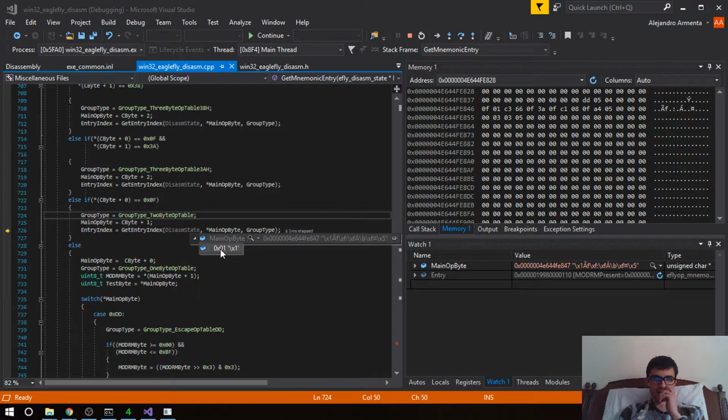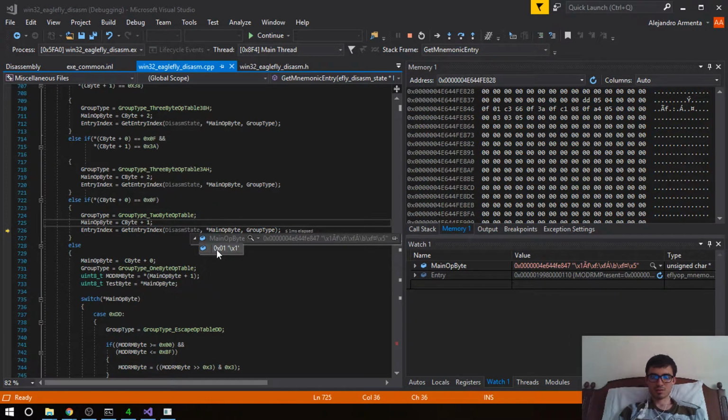That means that, let's see what happens. Can they be, are they mutually exclusive? We happen to have, well, we have that structure before, but let's see. So main opcode byte is pointing to somewhere